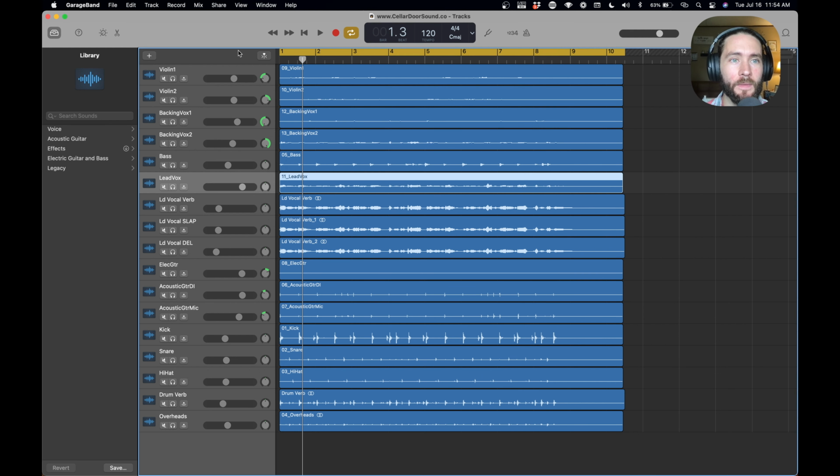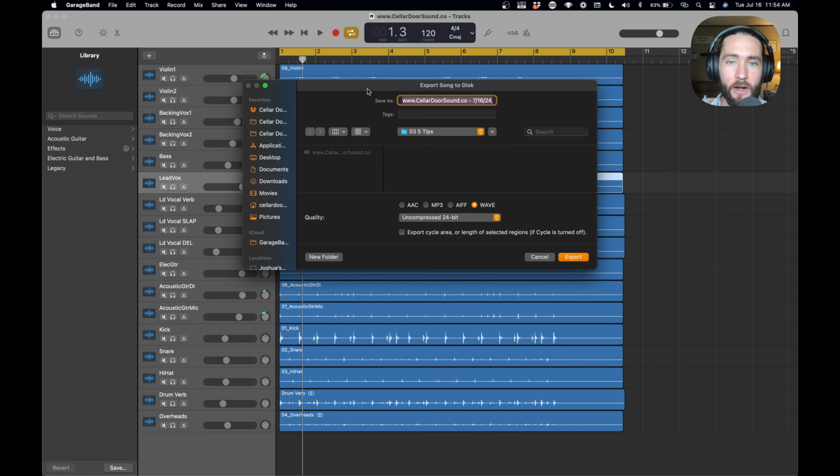Number 2, whenever you want to export anything, if you go to Share, Export Song to Disk, that's how we export inside of GarageBand, there's this quality right here, uncompressed 24-bit and 16-bit CD quality. So odds are nowadays you're not making a CD, and all of the streaming services, once you upload to them, you can upload your song at 24-bit. So these days, we might as well stay at the highest possible quality that we can be at, and that is this uncompressed 24-bit. So that's a very important setting,